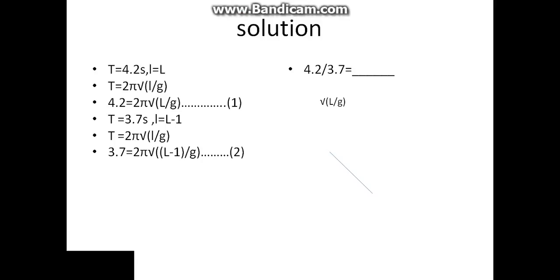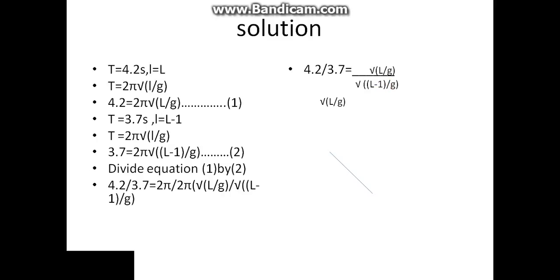This will now be our equation 2. Dividing equation 1 by 2, we have 4.2 divided by 3.7 equals 2π divided by 2π in bracket square root of length over gravity all over square root of in bracket length minus 1 all over g,